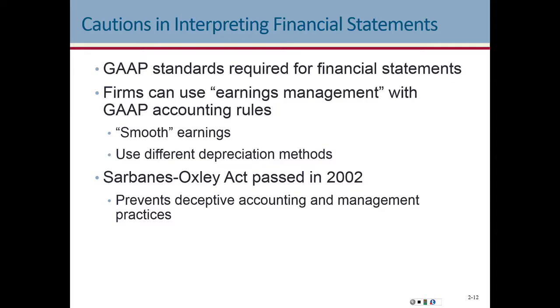So this is actually very important. When we're interpreting financial statements, we need to be cautious. Around 2000, 2001, there were several major bankruptcies due to the fact that they were using some weird accounting methods, right? There are legal ways in which earnings can look more attractive than what they actually are. So you need to make sure that you're not a victim of one of those methods, right? Sarbanes-Oxley Act from 2002 has